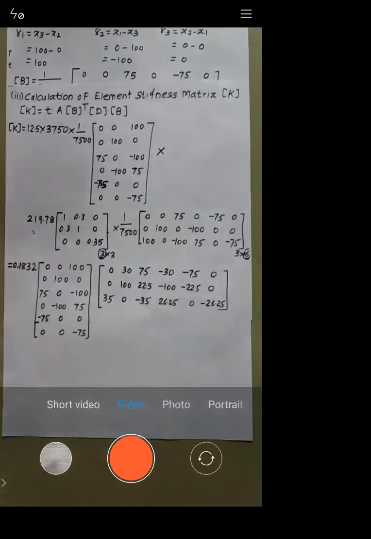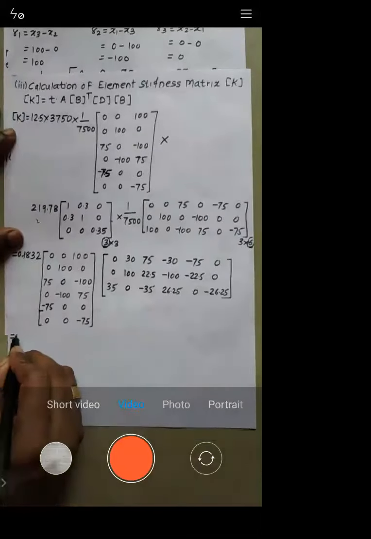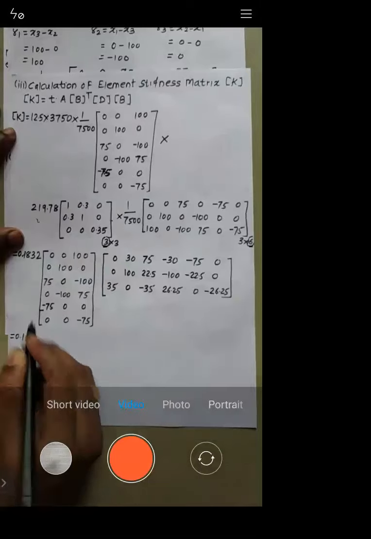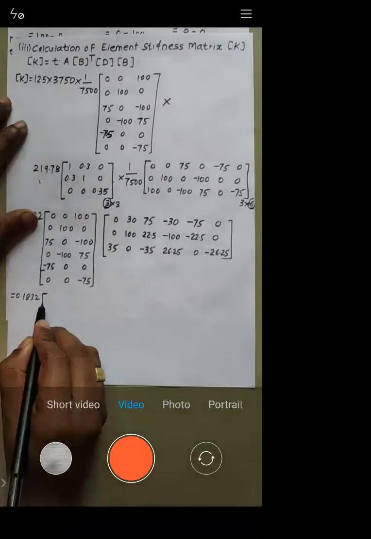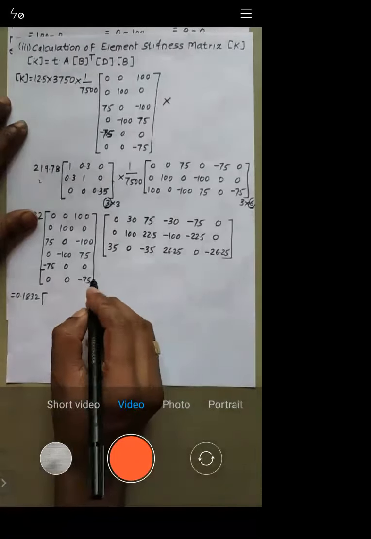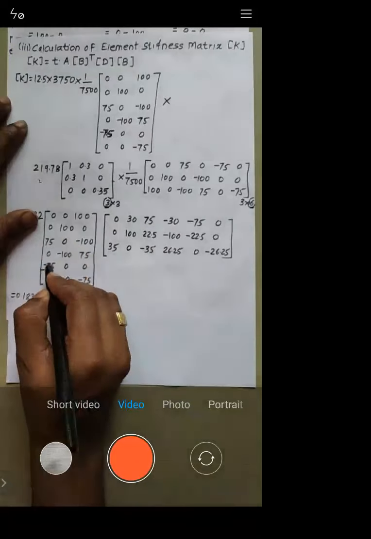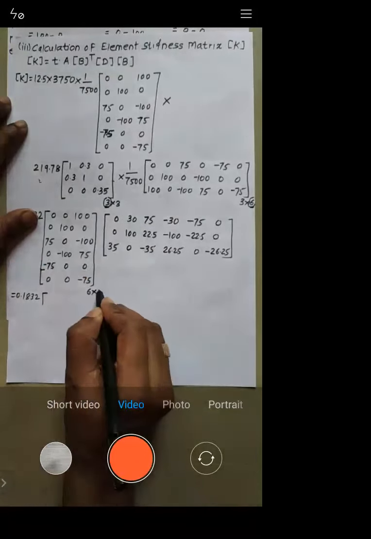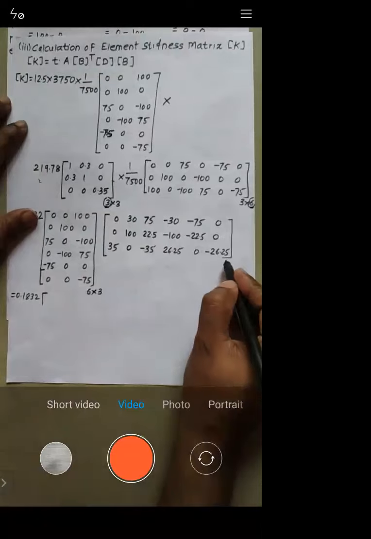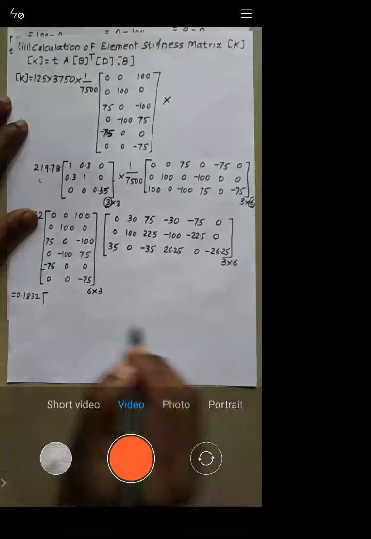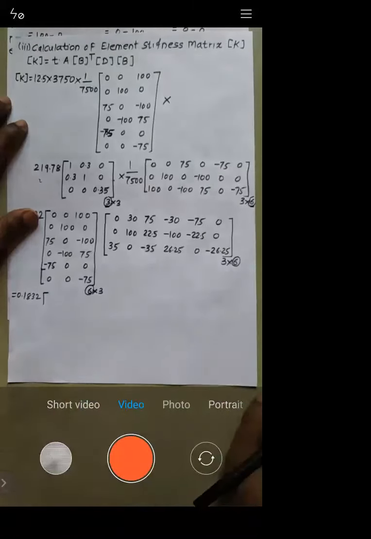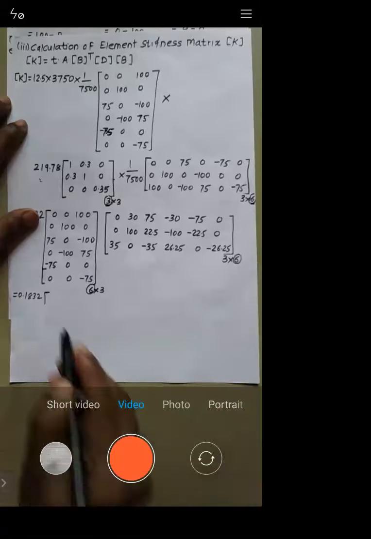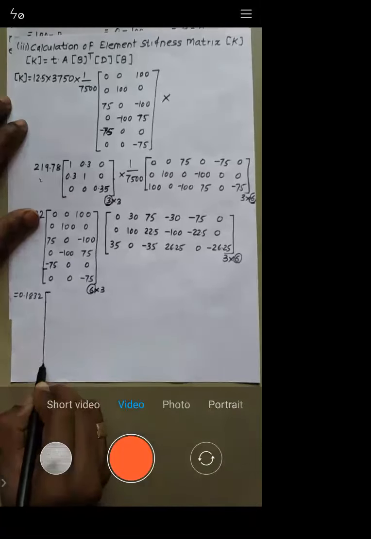Right? Now let's do this multiplication. 0.1832. I'll write down this as it is. Now multiply this to this. Tell me what is the size here? How many rows you have? 1, 2, 3, 4, 5, 6. 6 rows you have. How many columns you have? 3 columns you have. Here, how many rows you have? 3 rows. How many columns you have? 6 columns. Right? So from here you need to take the rows. From here you need to take the columns. So size will be 6 by 6.